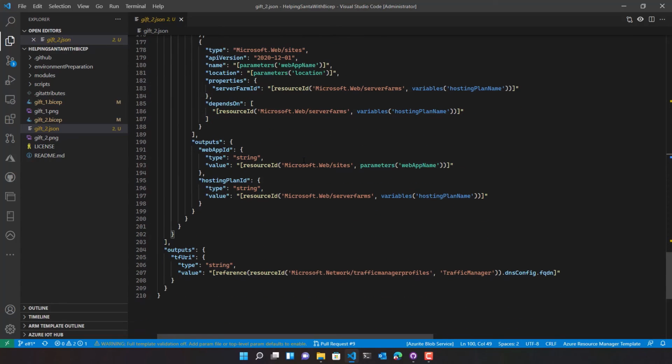So in this way, instead of sending them both the Bicep file and a module, or allowing John and Cindy to reach the module in the Bicep registry, you can simply send them a unique JSON file that is an artifact that they can run to create their own gifts.